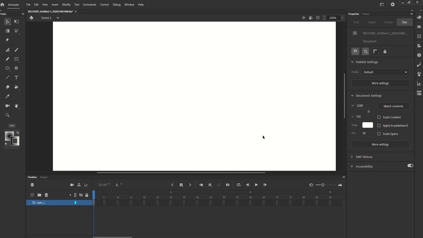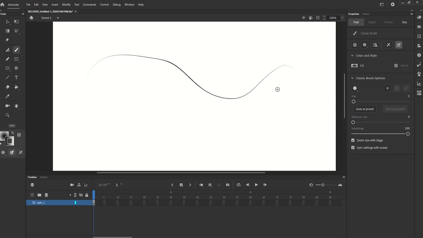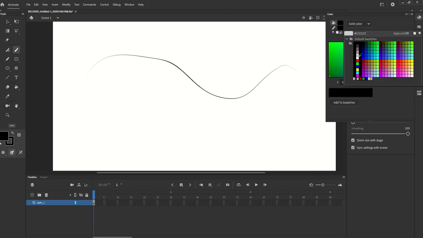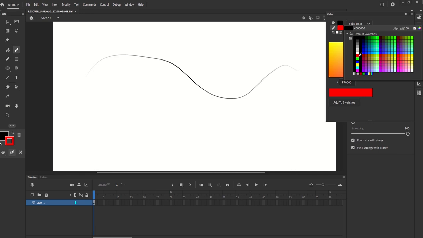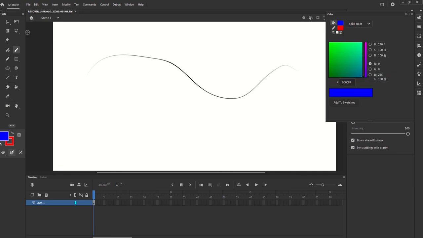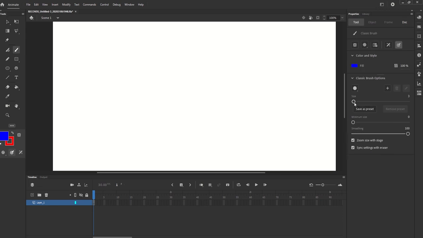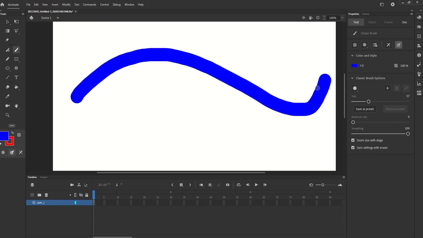We're going to go quickly through two other tools to draw. Which one? The first one is the classic brush tool. You can use it to create brush or any strokes. Basically, let me go here and I'm going to just make it both solid. And also the fill is going to be solid as well, but they are not going to be the same color. I'm going to make this red and I'm going to make this blue. Why? I'm going to tell you why I made one blue and one red. So I will go to the brush, increase the size, and when I draw here, as you can see, it's blue, it's not red, which means the brush draws fills, not